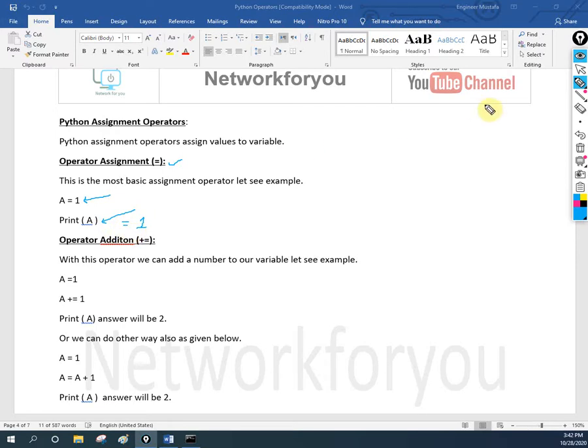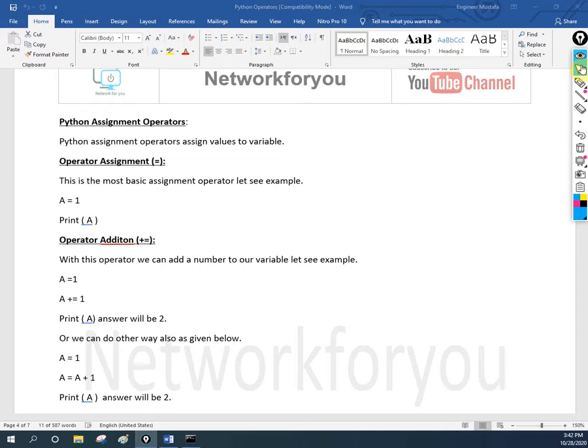This is simple, but you need to know it, because when we write code you may be confused about where something comes from. That's why I am going as per the Python syllabus. We don't have any exam to write for Python, like CCNA 200-301 or other certification exams.